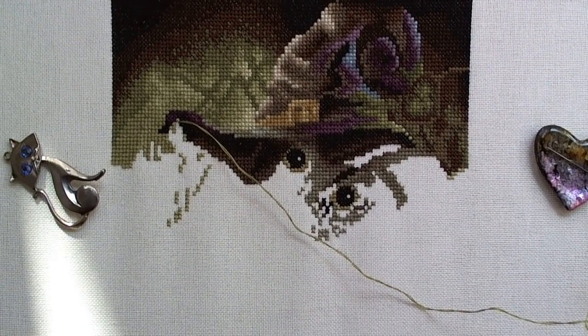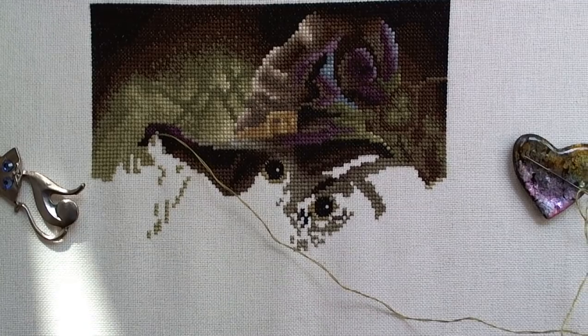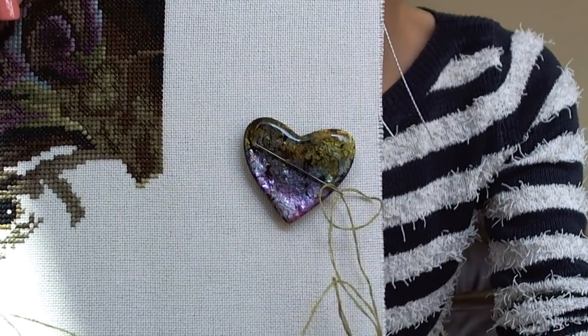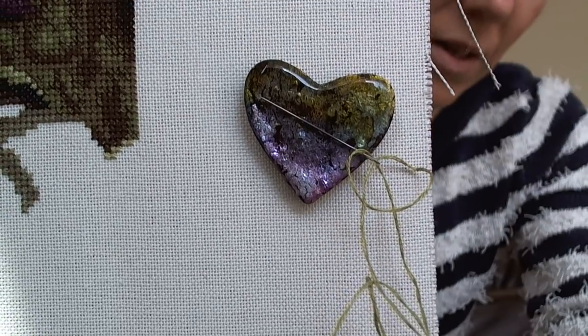But I really like this one as well. There's a lot of back stitching still to do. Oh, I'll show my needle minder as well. This one here is one that I made